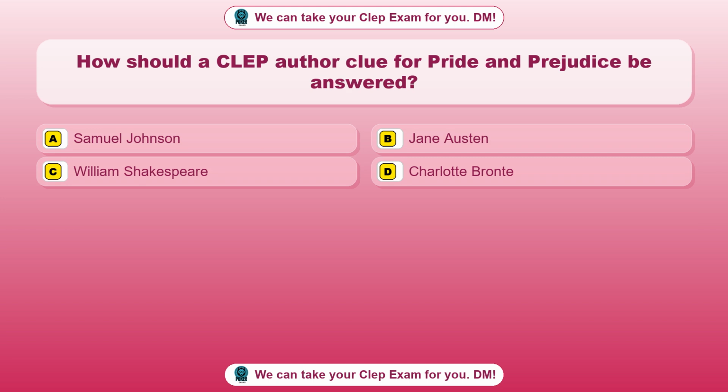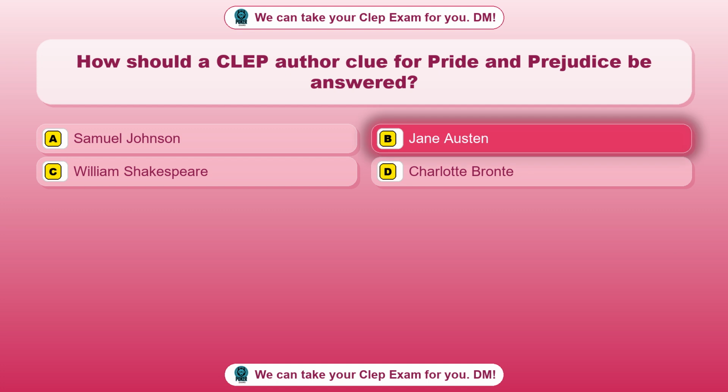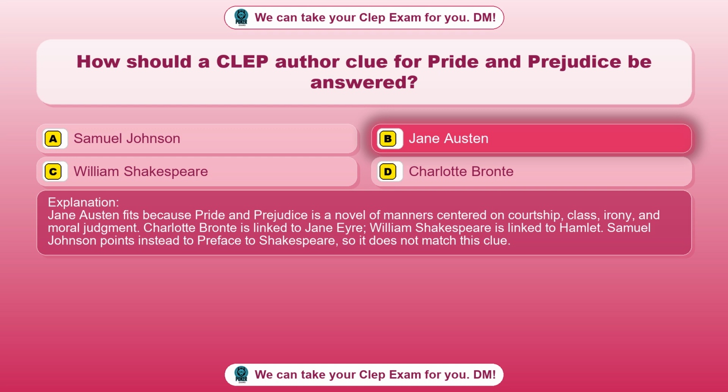Question 69. How should a CLEP author clue for Pride and Prejudice be answered? Option A. Samuel Johnson. Option B. Jane Austen. Option C. William Shakespeare. Option D. Charlotte Bronte. The correct answer is option B. Jane Austen. Jane Austen fits because Pride and Prejudice is a novel of manners centered on courtship, class, irony, and